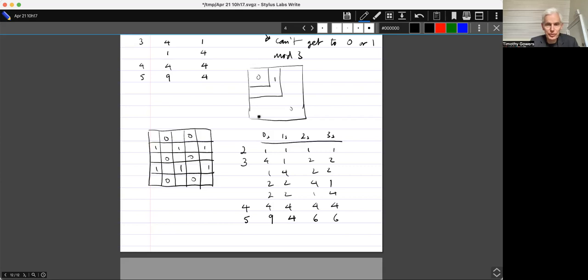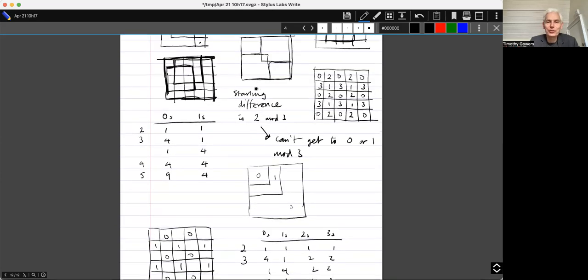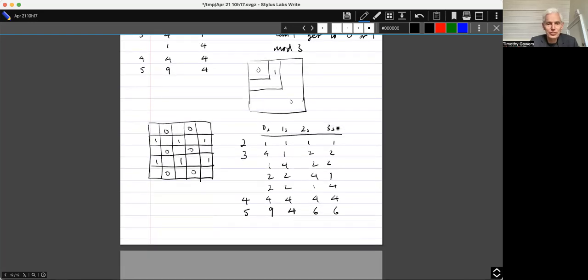So it looks as though it was potentially overkill to consider the squares that are not coloured in this diagram. So the noughts and ones here correspond to the 2s and 3s over here. So what can I conclude from that? That I certainly can't get a single square if it's any one of these squares here.